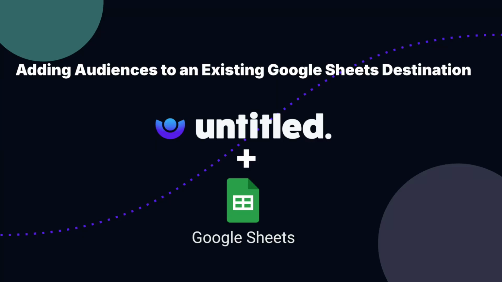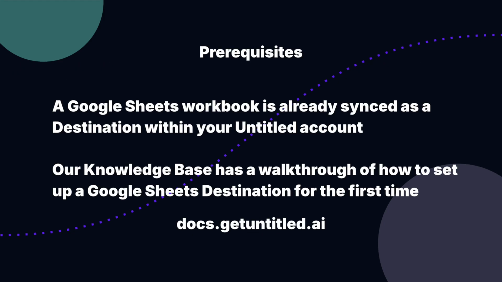In this video, we'll walk through the process of adding an additional Untitled audience to an existing Google Sheets workbook destination that you've already synced with Untitled. This method makes it easy to keep track of multiple audiences in a single Google Sheets workbook. If you haven't yet synced a Google Sheets workbook with Untitled, watch our walkthrough video about how to connect that